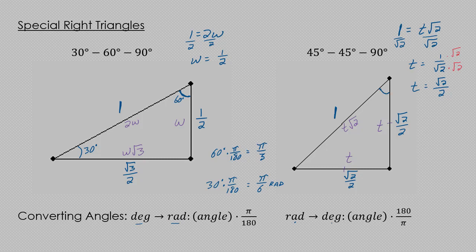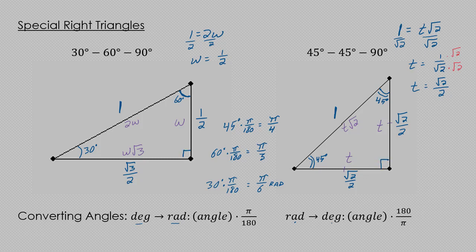The only other angle really that we have that we might want to worry about is over on the 45-45-90 triangle, which is the 45-degree angle. So once again, we could go ahead and try and convert it. 45 degrees times pi over 180, and that would be able to turn into, if we were to reduce, a pi over 4. And I suppose we do technically have one more angle we could